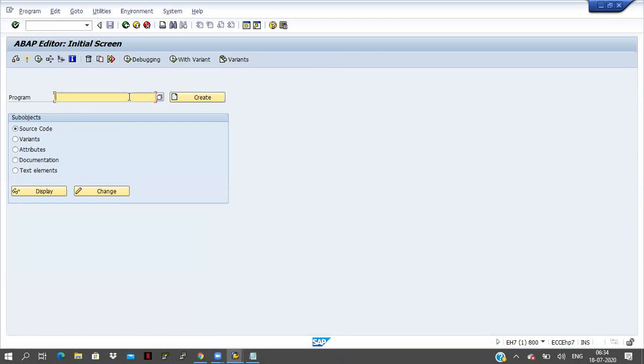So what is the first letter I have to give here? Y or Z. Where is it? Customization. Yes, thank you. I am creating one custom program here. Custom program and standard program: two kinds of programs will be there. Standard programs means SAP provides that program. And custom program means the ABAPer is creating that program. So a custom program should start with Z. I'm writing here Z SAF.